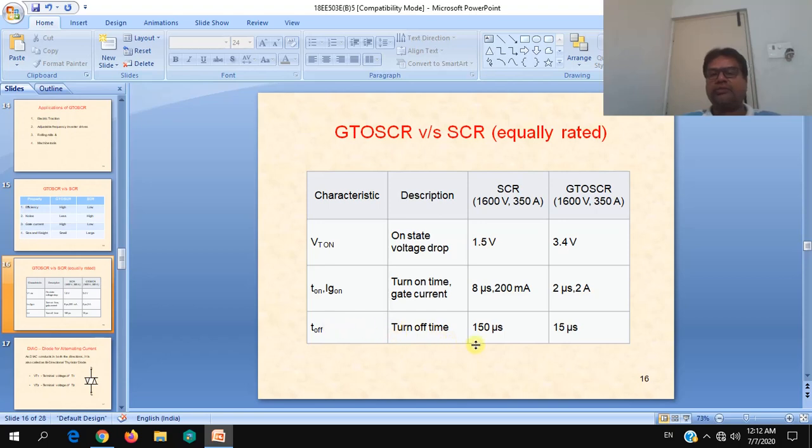When it comes to turn off, it is 150 microseconds for SCR. For GTO SCR, it is 15 microseconds. So for the turn off time, again, there is a large difference between these two. GTO SCR turn off time is 1/10 of the turn off time of the SCR. It is just 15 microseconds. So this is the comparison between GTO SCR and SCR, but still these turn on and turn off times are